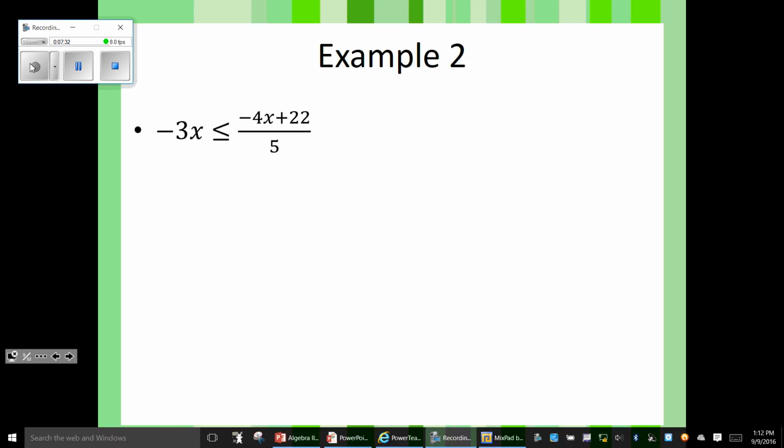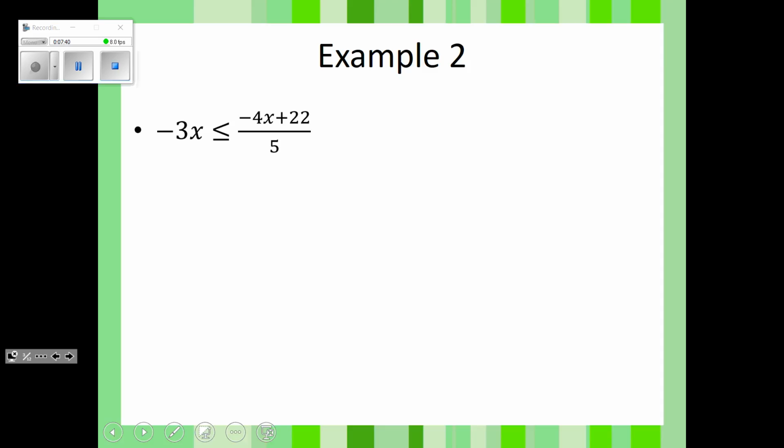All right, so we're picking up after lunch. We just solved this before lunch. And x came out to be what? Remind me. X came out to be greater than or equal to negative 2 because we had to flip our signs. Okay? So when we do our number line,